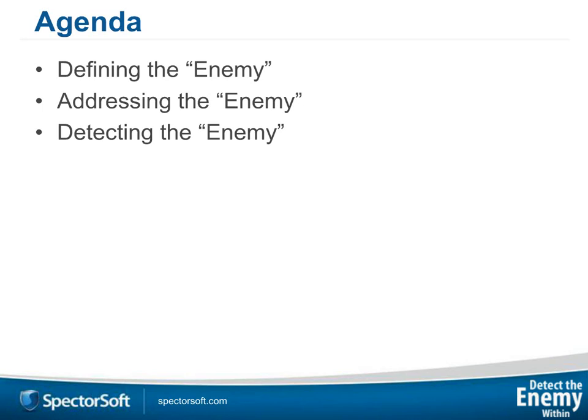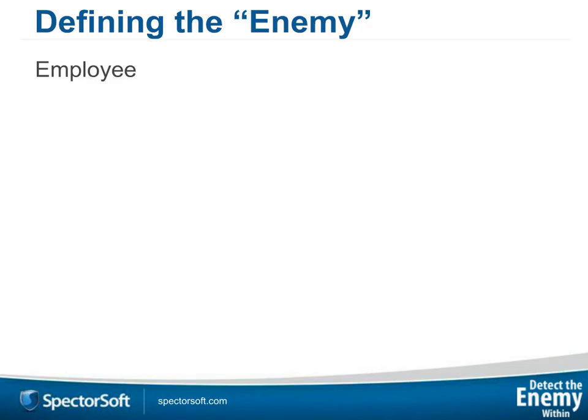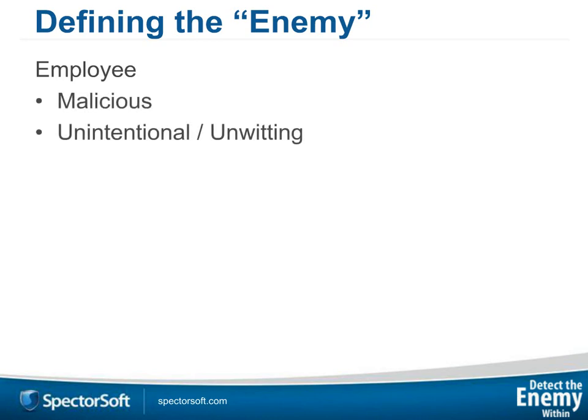So the first thing in defining the enemy is, who is the enemy? Of course, we're talking about an employee. It could also be a contractor, but I'm just generically calling them an employee. They could have malicious intent. They could also, as Dan implied at the beginning, be an unintentional or unwitting participant in some external scheme that's going on. But for the purposes of this presentation, we're going to focus more on the insiders that have that access and have malicious intent to take the access they've been given and use it for their own gain. That's the definition we want to use.